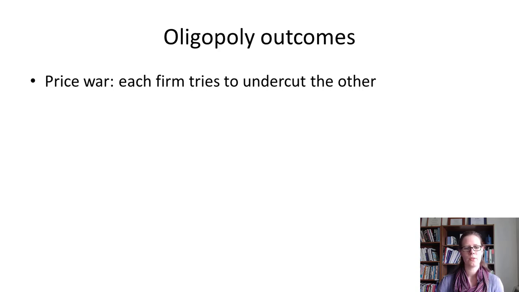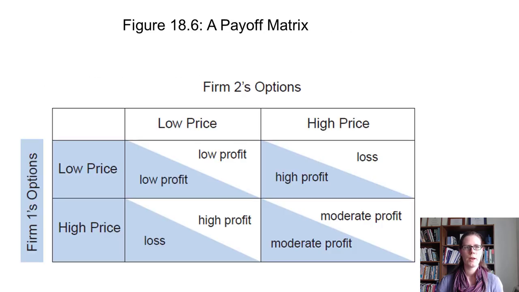So that kind of outcome is very good for consumers, but it's not so good for the firms involved. Now, a price war happens when firms are competing against each other to gain market share. But suppose that the firms instead could agree together that they will both charge high prices and that they won't try to undercut each other. This would put them both in the bottom right cell, where they're both making moderate profits and doing better than they would in a price war. This kind of strategy is called collusion.